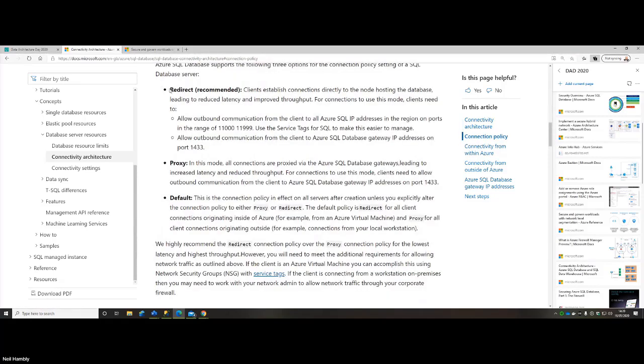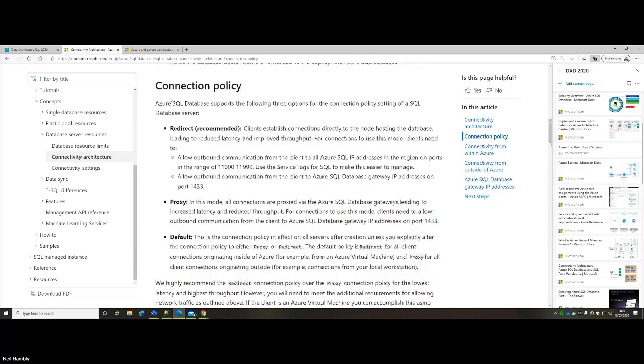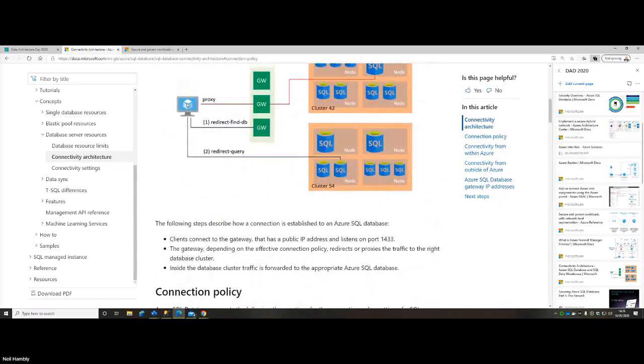What happens is you're coming in on port 1433, but the redirect basically says, go and use a port in the range of 11,000 to 11,999. You don't need to know what that is, but essentially it goes and looks it up for you and redirects that traffic. If we go back up a little bit, you'll see it comes in, it gets the redirect, it finds out, and then it redirects it to that specific node, that actual internal IP address of the SQL Server.